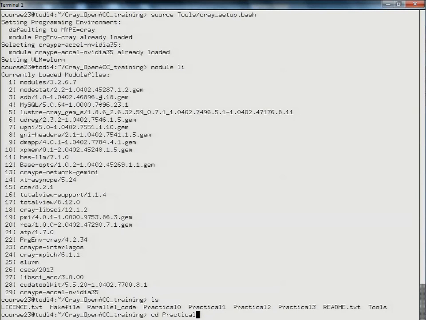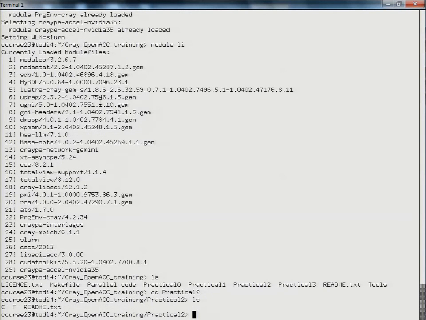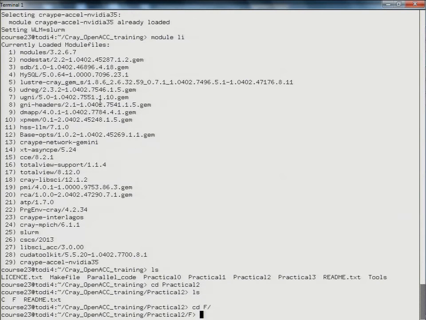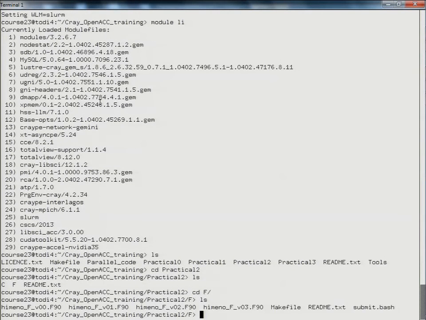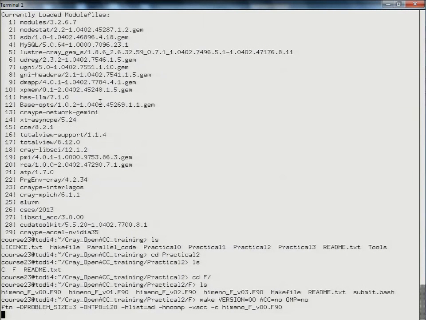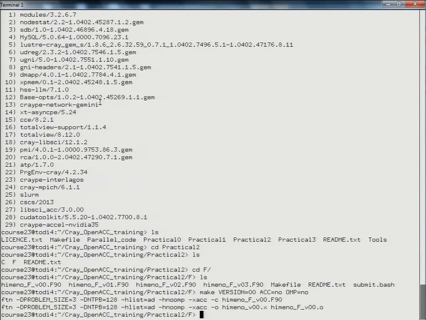Then we would go into the practical directory, and we can choose whether we're going to use Fortran or C. I'll use Fortran here. So what we would like to do is build the code. We would like to build the original version of the code. We don't want any OpenACC, and we don't want any OpenMP. So those will build the code. The makefile